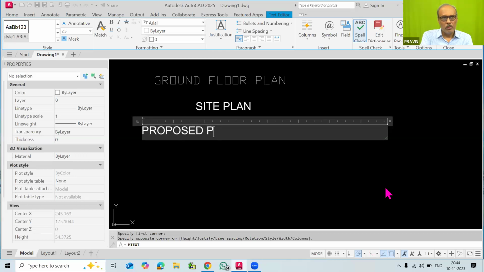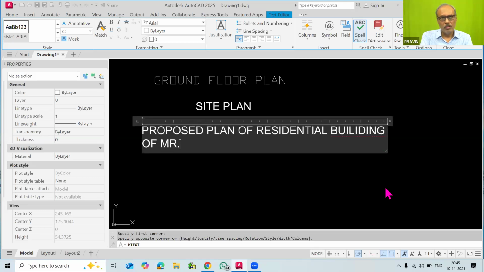Proposed plan of residential building of Mr. A.M. Kare at plot number 21.